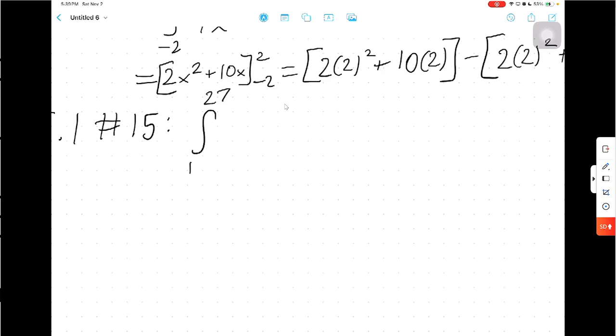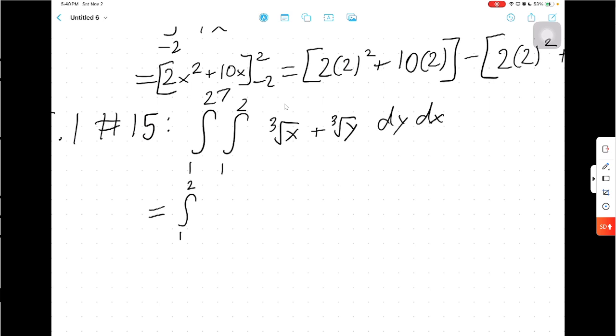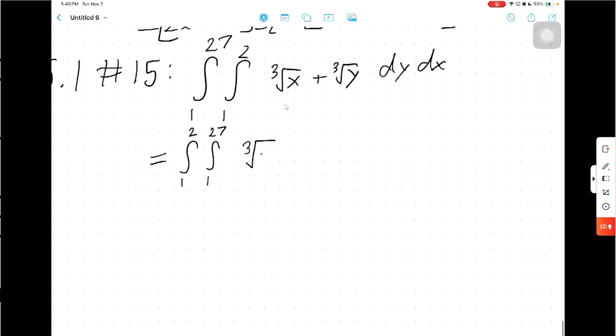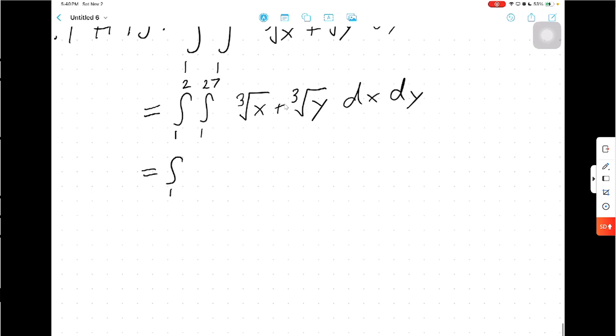All right, integral from 1 to 27 of the integral from 1 to 2 of cube root of x plus cube root of y dy dx. We're told to switch the bounds, and by Fubini's theorem, I can just switch them. Cube root of x plus cube root of y dx dy, integral from 1 to 2. This is with respect to x, so this is x to the 1/3. Right? So we're going to get